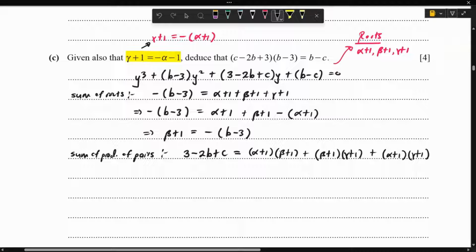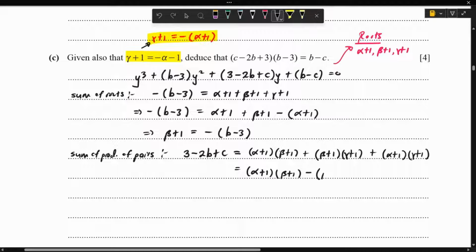But again, we're using the result that gamma plus 1 is minus of alpha plus 1. So that's like alpha plus 1 of beta plus 1 plus, and for here, substituting, we should get